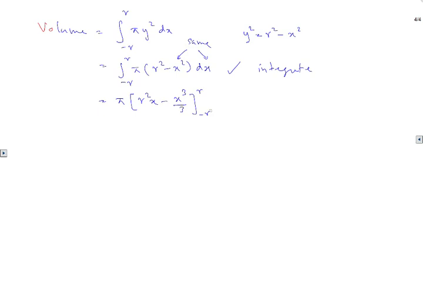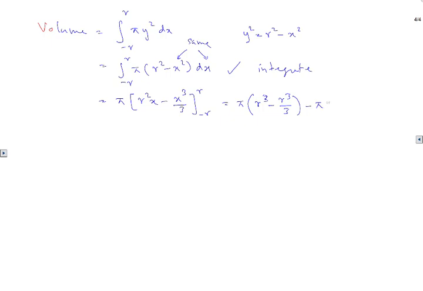There are two ways to do this actually. You can also take half of it and then double it, but let's do this. If you plug in r, what do you get? You get r cubed minus r cubed over 3,